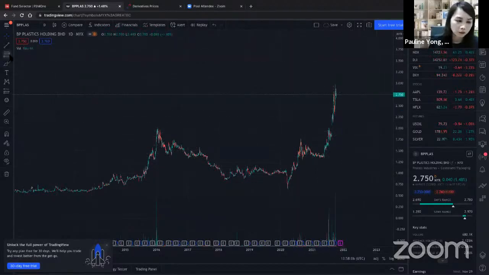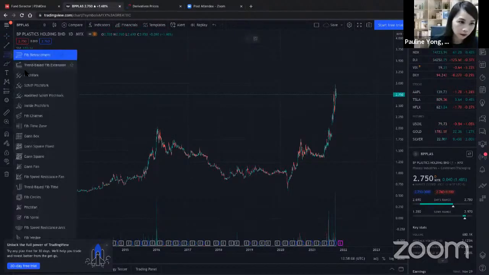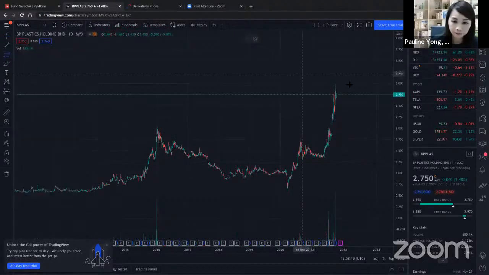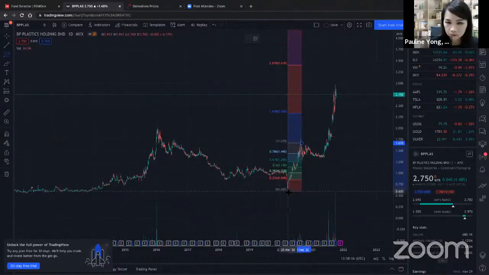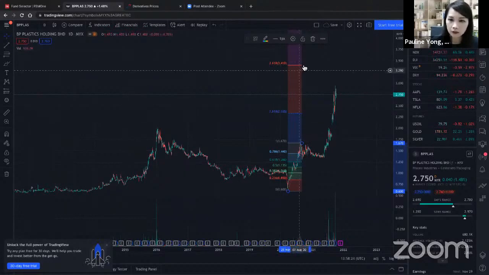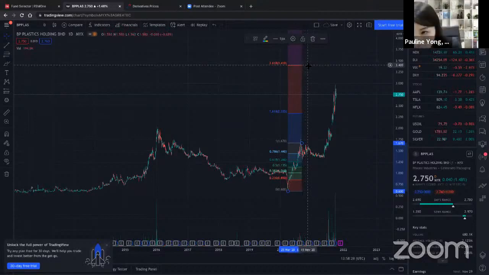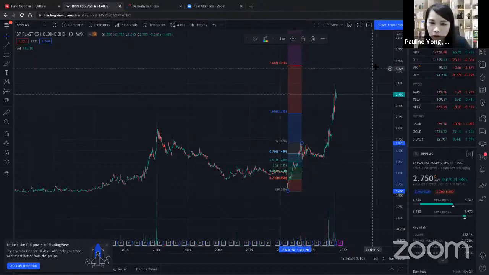Here, perhaps a better one will be the Fibonacci extension that you can use. Okay, Fibonacci extension from here to here. And then you are looking at this Fibonacci extension, maybe it has already passed 1.618. So now it is moving towards this 2.618. And this 2.618 is around 3.4. Looks like it's going to reach this level, okay? But no guarantee. In this case, Fibonacci extension will be better than the Elliott wave. Okay, then